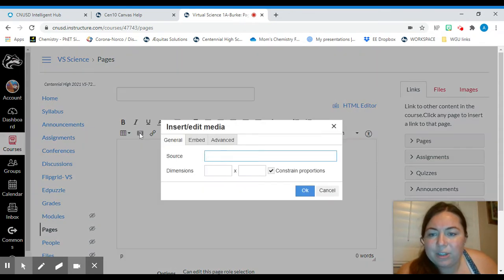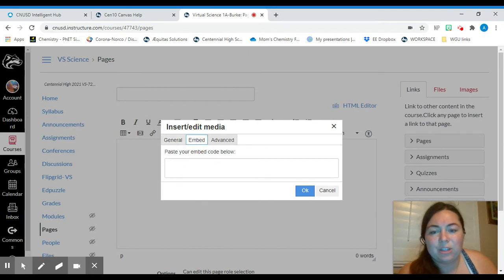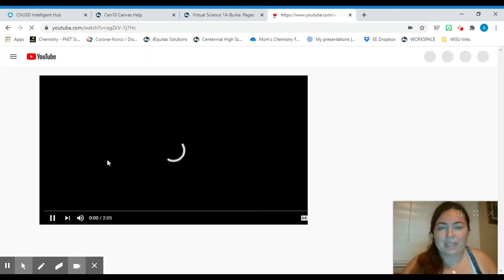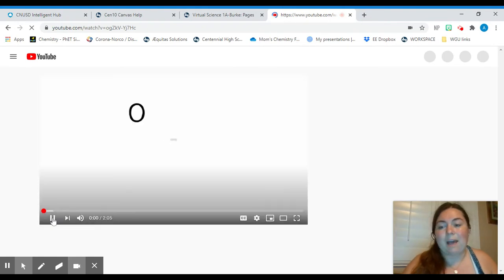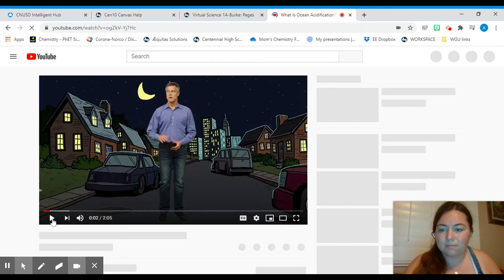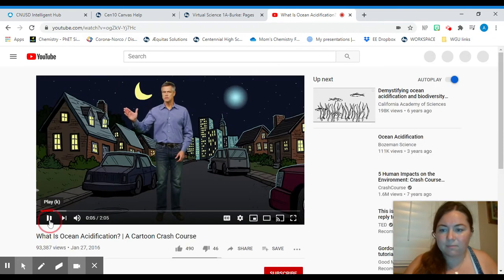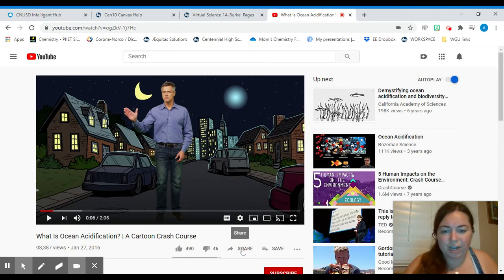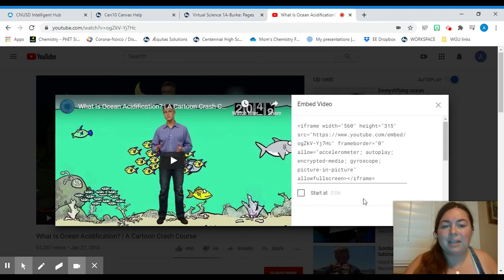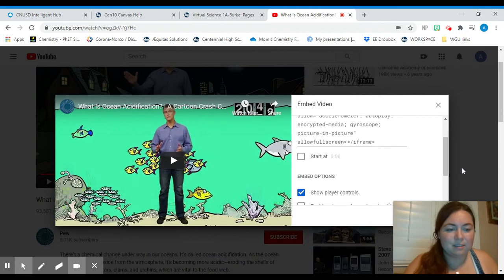The next one is insert media. So this is where you can put a link. I really like to use an embed code. So if you go to YouTube and you click on any video, you can get that embed code really easily. If you have it on an app as well, you can do it. If you go to share, it can give you that embed code. So you copy it, and when you paste it in,